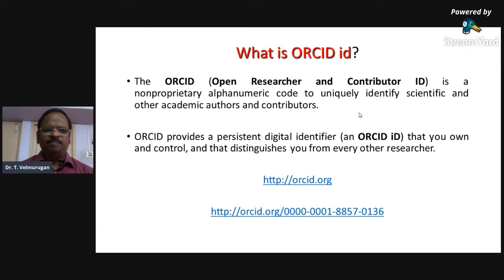Another point is that the ORCID database includes not only Scopus database articles but also any kind of articles. You can load your papers, and they are loaded automatically when you create an ORCID ID from the Scopus ID. Then ORCID automatically includes all the Scopus indexed papers published in Scopus indexed journals. This is the point.